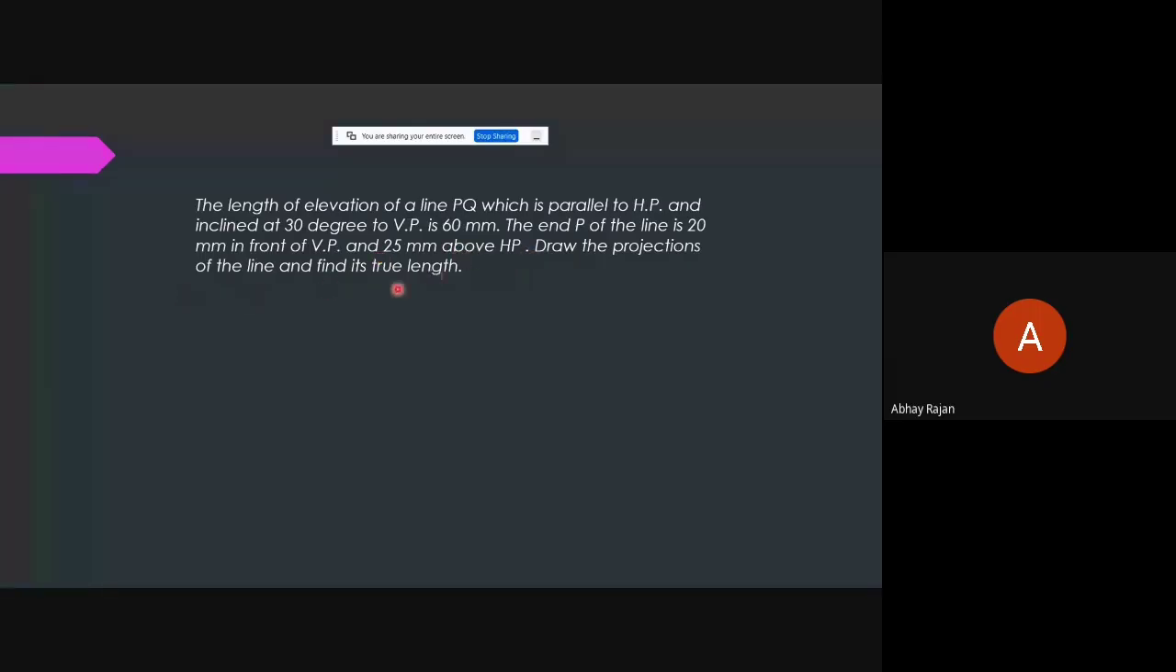So entire thing is given. The length of elevation of a line means the front view length. So front view is also having a name elevation, and the top view also is having another name, plan. Okay, so plan length means top view length, and elevation means front view length. Okay, so the line is parallel to HP and inclined at 30 degree to VP. So the case has changed. So now your inclination is on VP and you will be seeing this inclination on